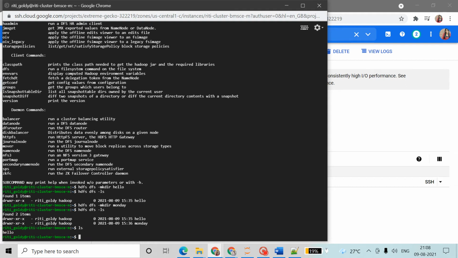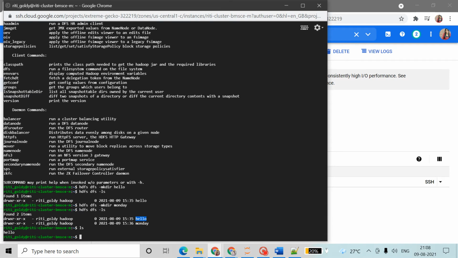Only one directory, hello, is there, and this hello is totally different. This hello is from mkdir in Hadoop, and this hello is from our Linux command. So don't think this hello and that hello are similar. We have different values in both.